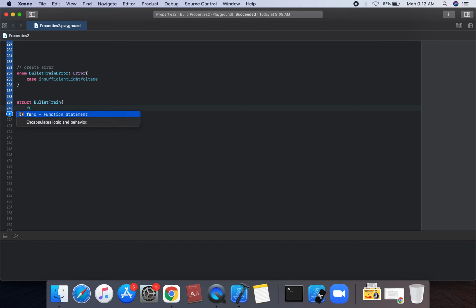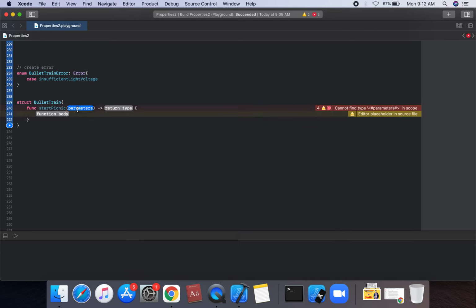The function is named startPicnic, and it takes a parameter light voltage, which is of type integer.